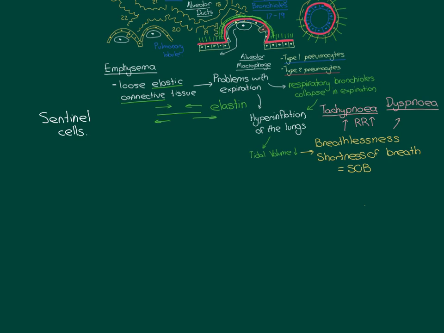So sentinel cells are all around the body. In all the different tissues of the body you have sentinel cells, and their job is to stand on guard, and if there is evidence that there is something dangerous about, maybe a pathogen, their job is to then activate the immune system. These alveolar macrophages are examples of sentinel cells in the alveoli. They're not, however, the only examples of sentinel cells in the alveoli. There are also dendritic cells, called alveolar dendritic cells, that sample stuff that's in the alveoli and are looking for dangerous stuff. So let me just show you where these alveolar dendritic cells are present.